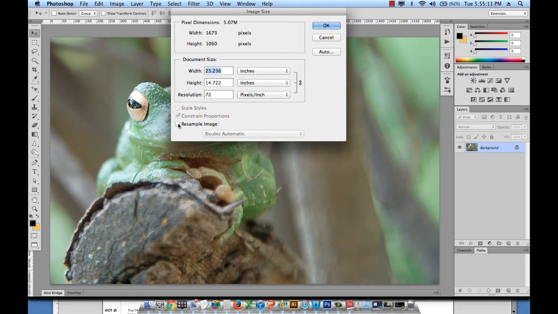Finally, if we uncheck resample image, what happens in this case? So let's look at the width and the height and the resolution of this image. Apparently the width is 23 point something, with values after the decimal point, and the height is 14.7 something. The resolution is 72 pixels per inch. What if I change either the width or the height? Let's say I reduce the width to 10 inches. Let's see what will happen. Before I enter the value 10,